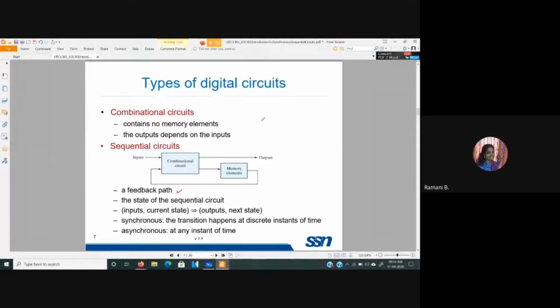That is, if I am going to have an OR gate like this for one of it, and then I am going to have an AND gate like this. This is some random example I am taking actually. So here, if I am connecting the output to the input,